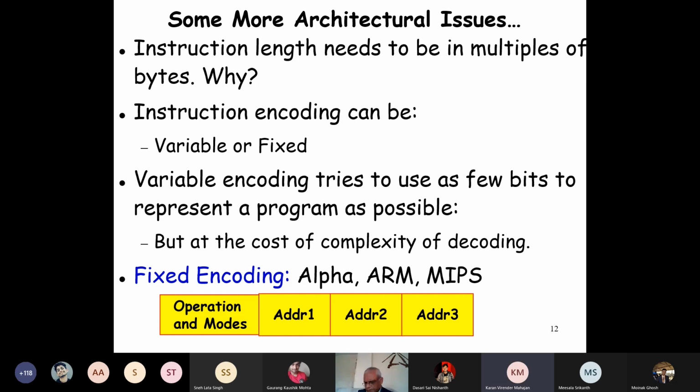Okay, let me just answer this question. Hello, sir. Yes, please. Could it be like it would make accessing that... I mean, if it doesn't start from a particular address, suppose it starts from 2 and then it extends up to a particular location, then addressing would become very difficult.